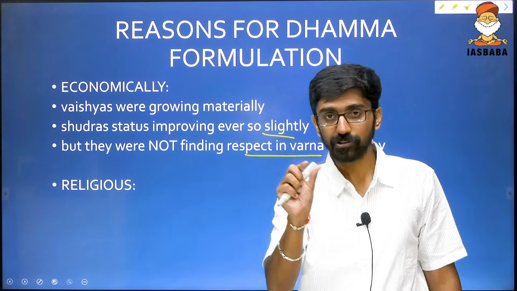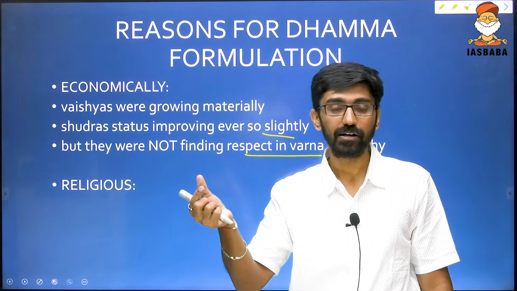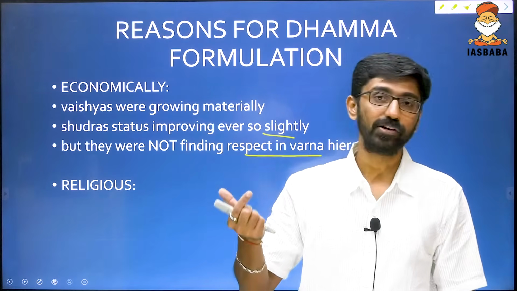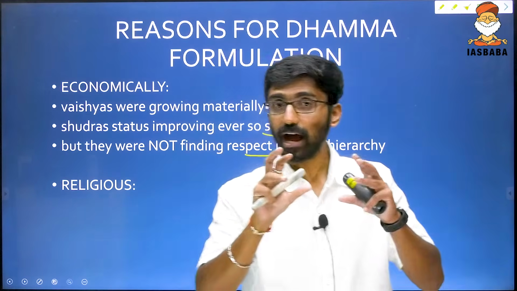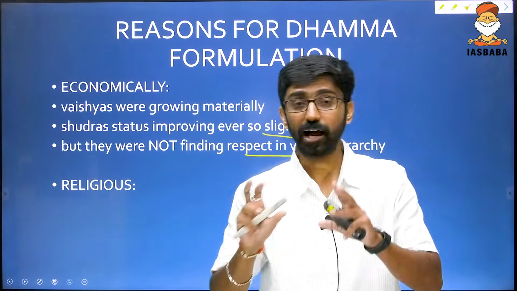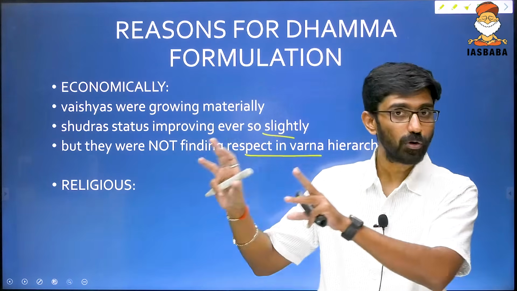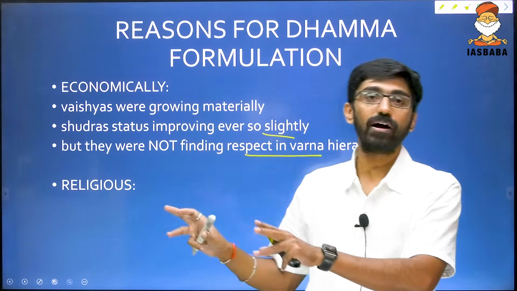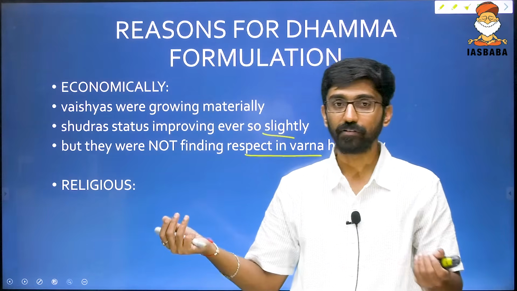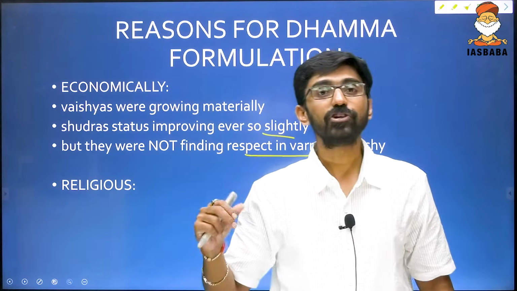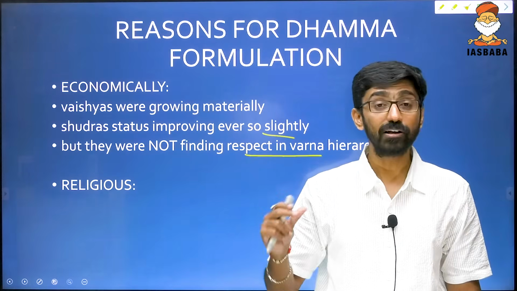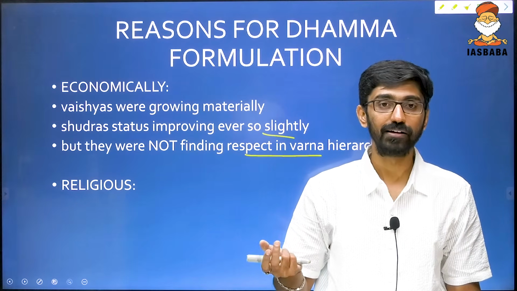Again, 600 BC to 300 BC, I told you, the age of Buddha and Mahavira. Okay, new ideas came into existence, not just Buddha and Mahavira, but even Ajivikas, Charvakas. Ajivikas believed in destiny. It is called predeterminism. They did not worry about the theory of karma. Okay, Charvakas, they did not believe in God. Okay, they were a Gnostic school. Okay, Ashishvatavada. Okay, Akriya. So, different kinds of religious ideologies.